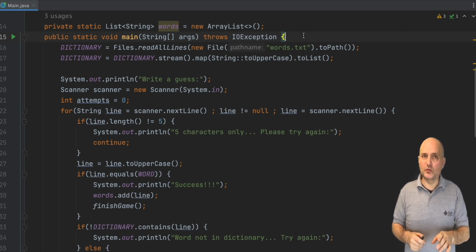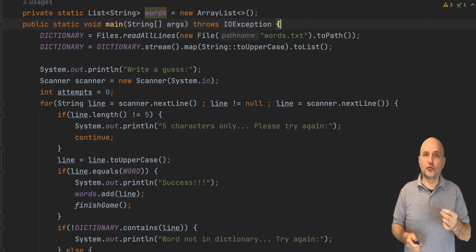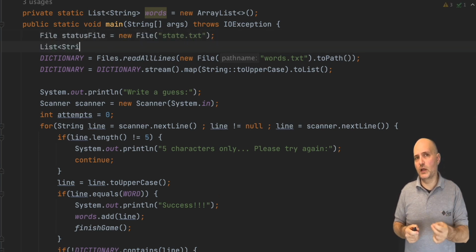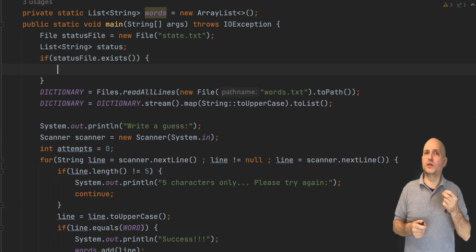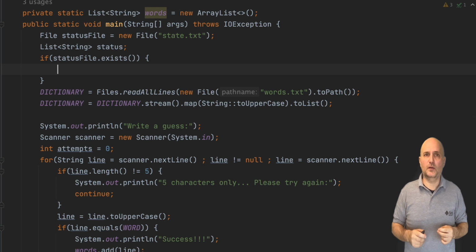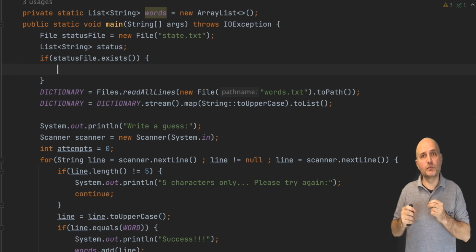The next thing we need to do is implement the reading logic. For this, we need to add a new line and need to declare the file object that we'll be reading. In this case, the state.txt file. We previously used a file object in the dictionary loading just below this code. We need it since the first time we ran the project, the file might not exist.